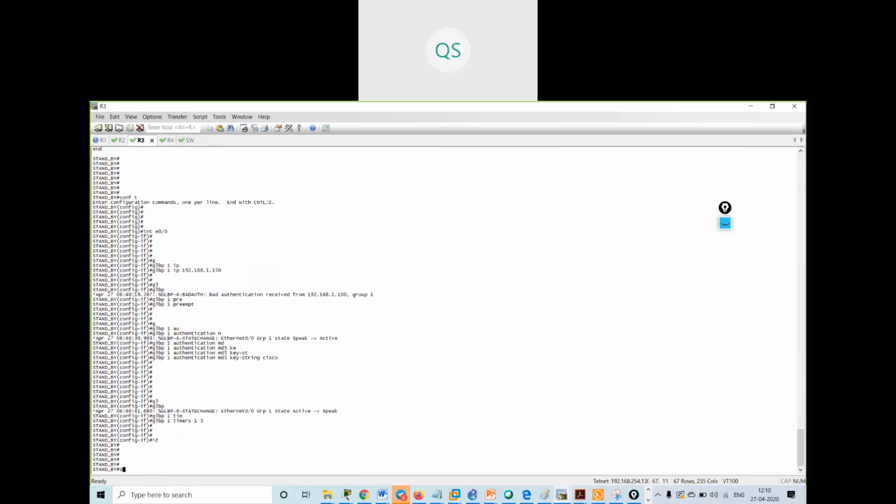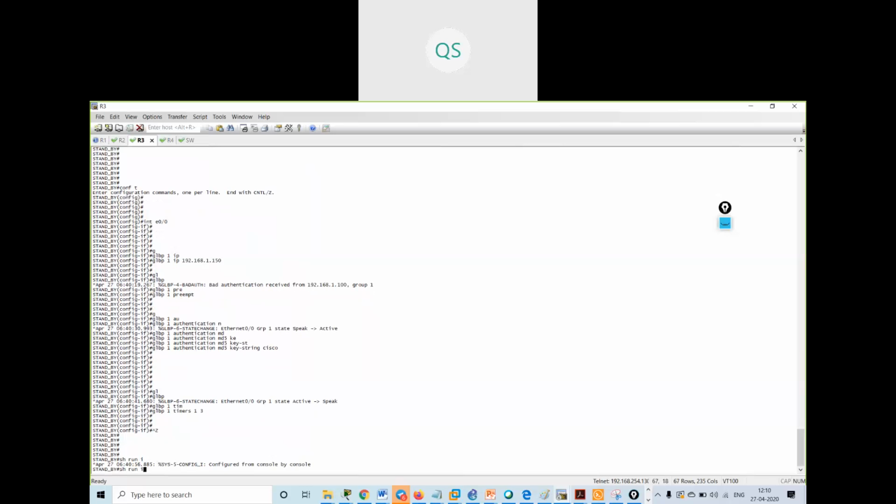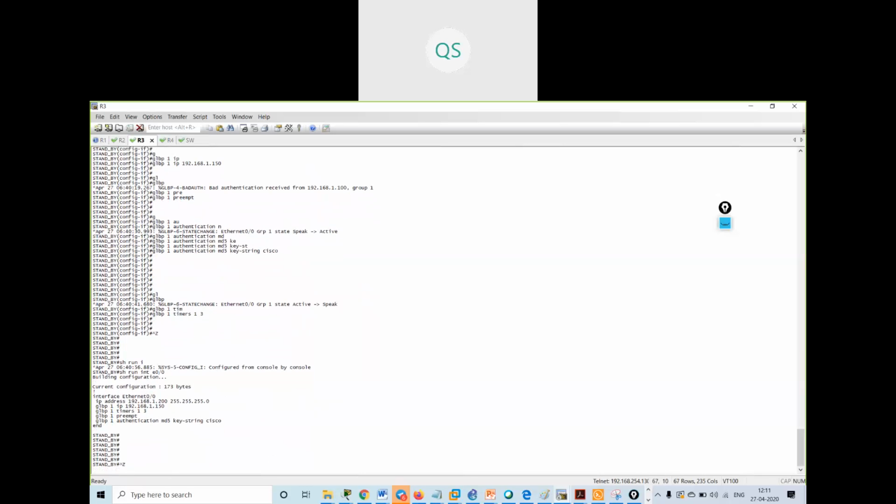Show run interface E0/0. I've done all the configurations.